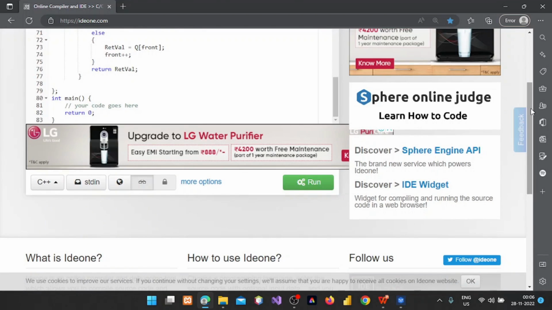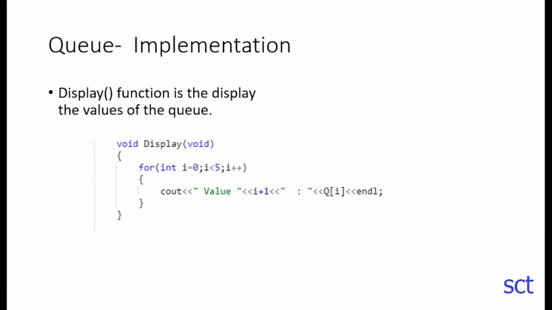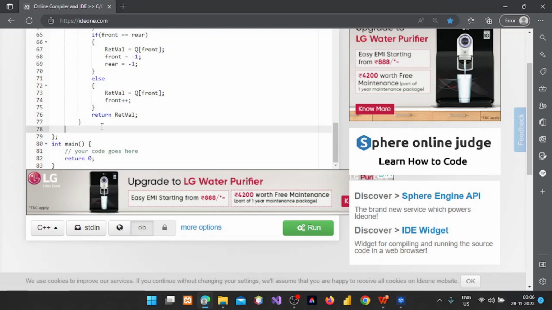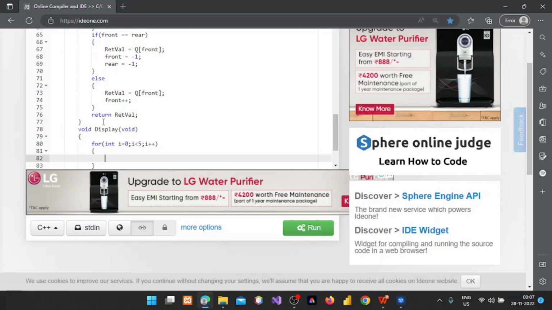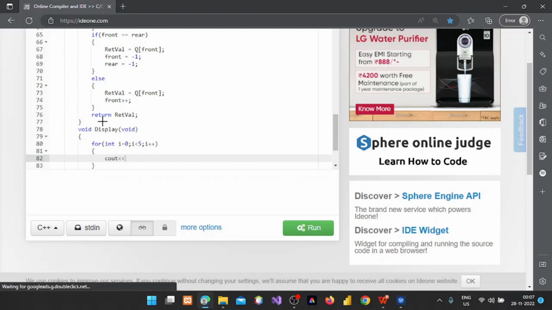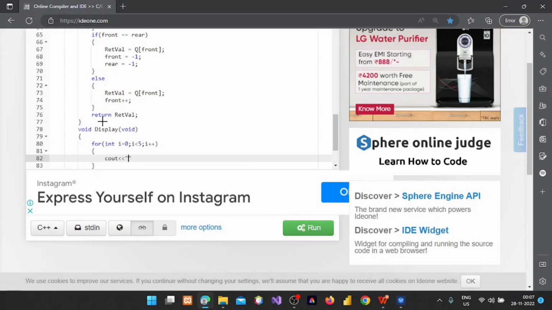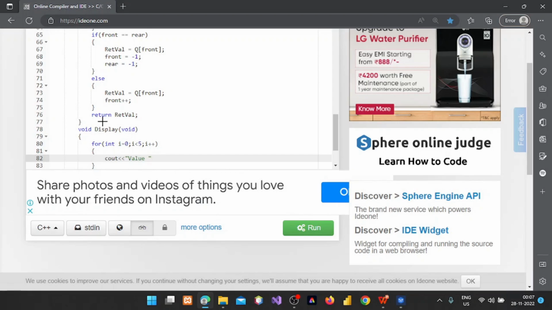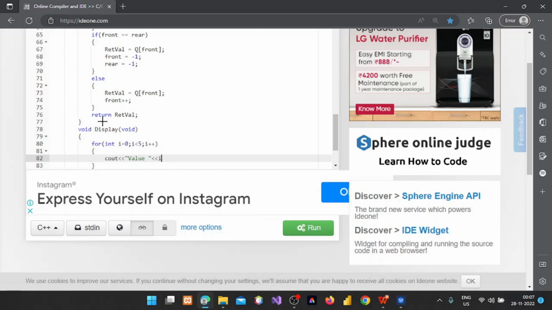So now we are going to go for the main function. As I have told you, it's a simple function. Okay, there is one more function which we have forgotten. That is going to be your display function. So let us write the display function also here. Void display void. This is going to be for integer i is equal to 0, i is less than 5, i plus plus, and in this for loop I am going to say cout value, then I plus 1,